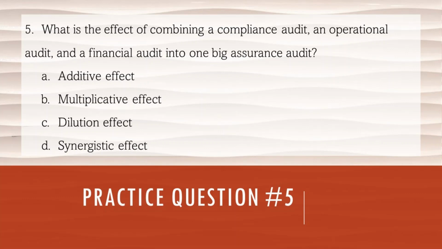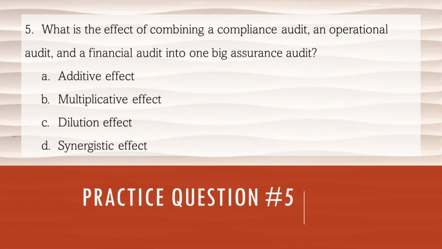So the big hint here is that there are 3 that increase the effect, to have a larger effect, right? And then there's one that actually reduces the effect. So that could be a hint if you are unsure of what these mean, or unsure of which one to choose: think of which 3 are similar and which one stands out. And then apply your knowledge about compliance audits, operational audits, and financial audits. So for example,